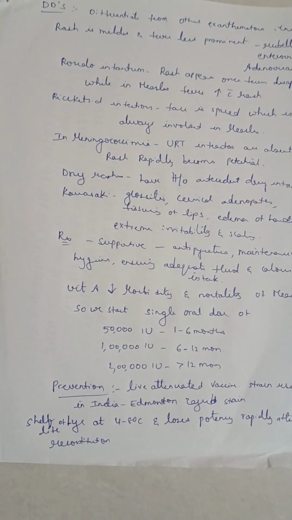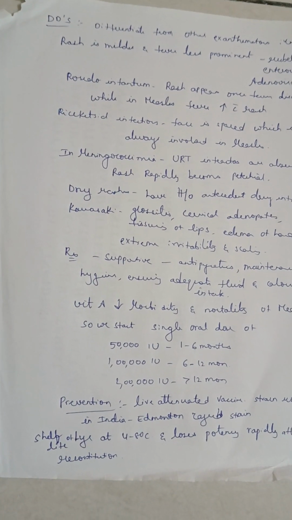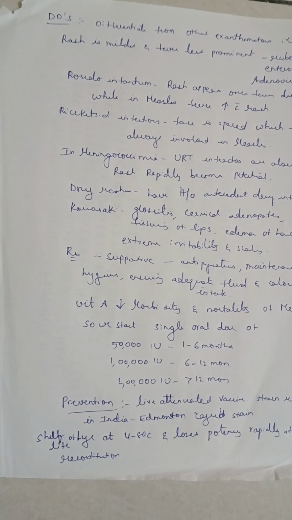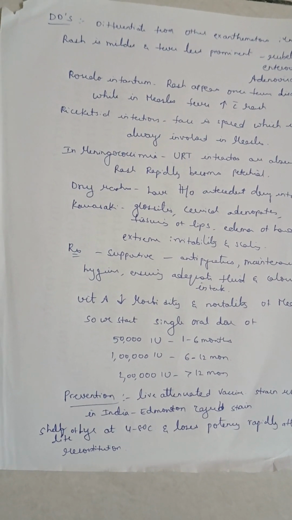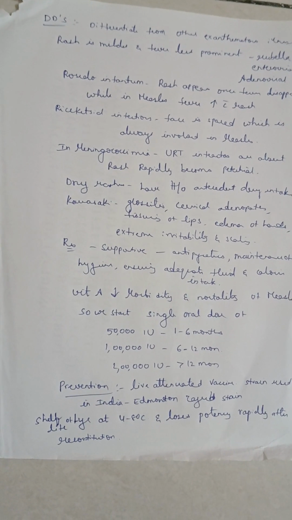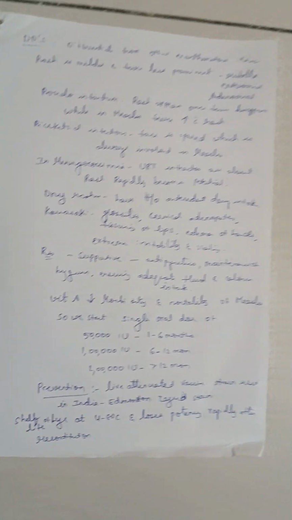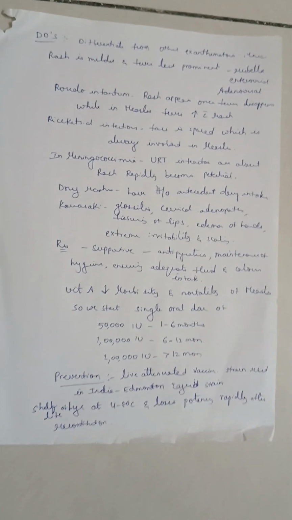We have two schedules. One is the National Immunization Program and the other is the Indian Academy of Pediatrics IAP guidelines. In the National Immunization Program, there are two doses, one at 9 months and one at 12 to 15 months. In the IAP schedule, there are three doses. One is at 9 months and then two doses, preferably as MMR, at 12 to 15 months and 4